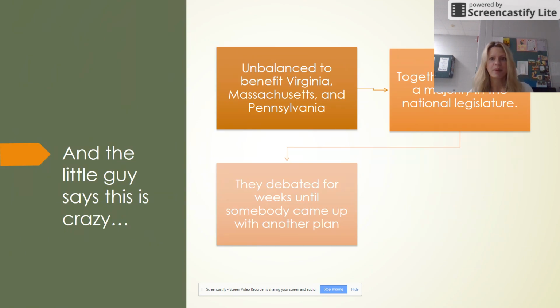And all the little states sit back and go, no, this is crazy. It benefits Virginia, Massachusetts, and Pennsylvania. The 3 of those states alone have a majority of the national legislature because their populations are so high. So they debate and debate and debate, but the little states are never going to let this pass. So somebody eventually